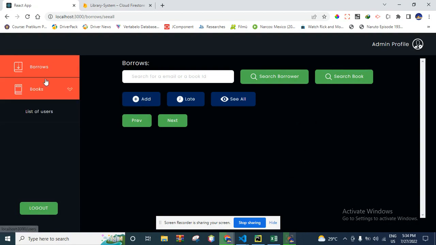It works, and we are logged in as admin here because only admin has access to the web browser system. And also here we have all the borrows. Right now we don't have any borrows because we don't have any users. Let's create,